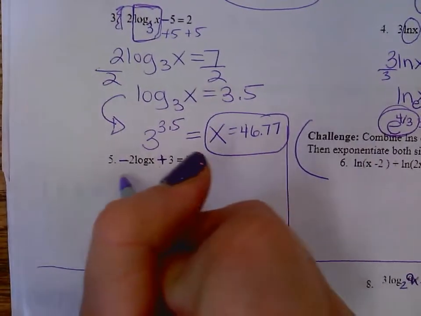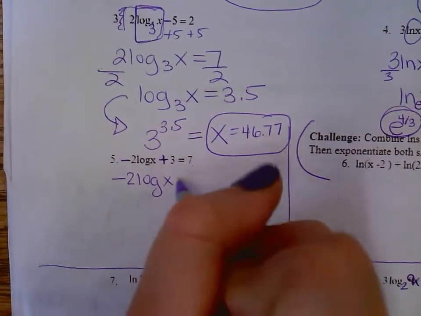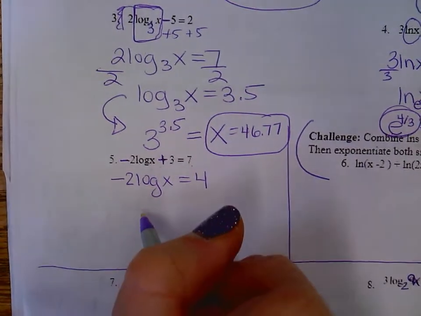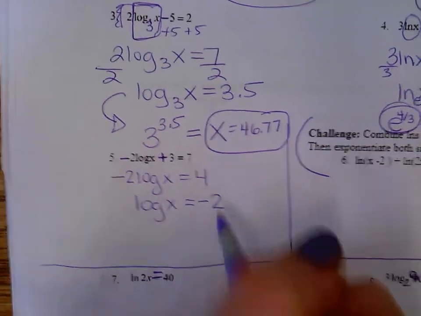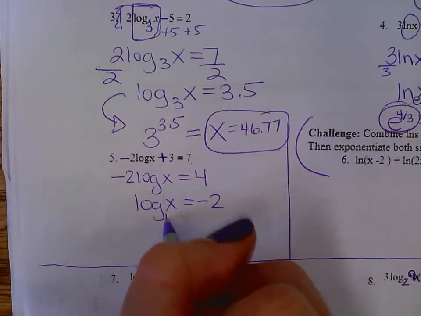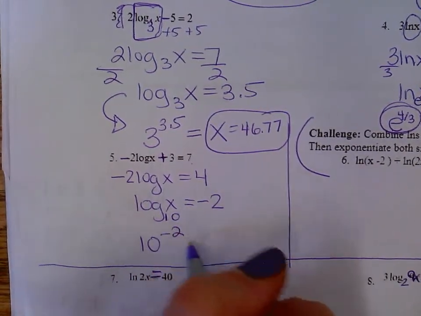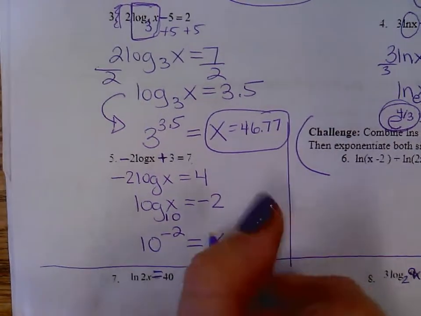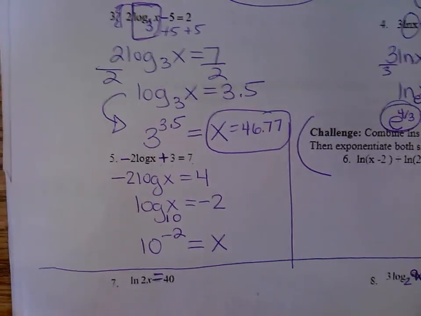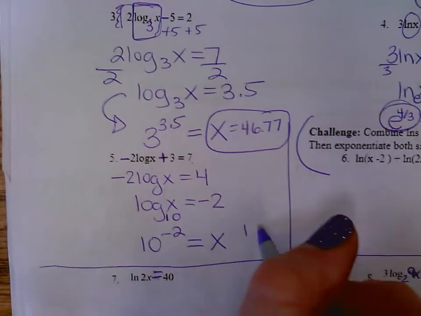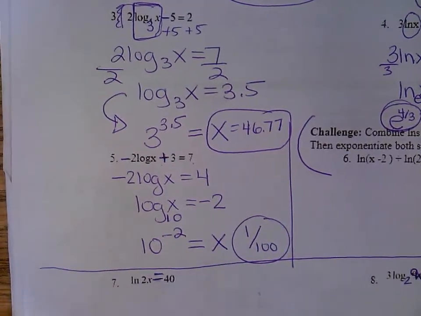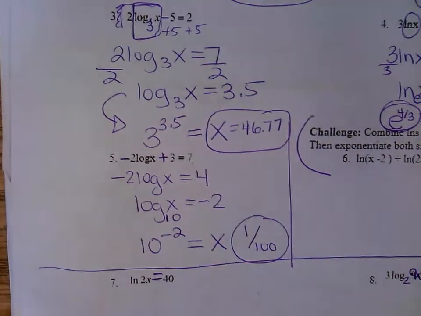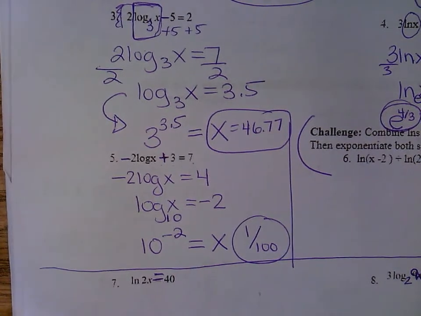So -2 log x equals 4. Divide by -2, log of x equals -2 then. The base is 10, and we know what 10 to the -2nd power is, right? The reciprocal of 10 squared. So 1/100 or 0.01 if you did it on the calculator. So that would be more of like a no calculator question because it's a negative exponent. All right, so we will